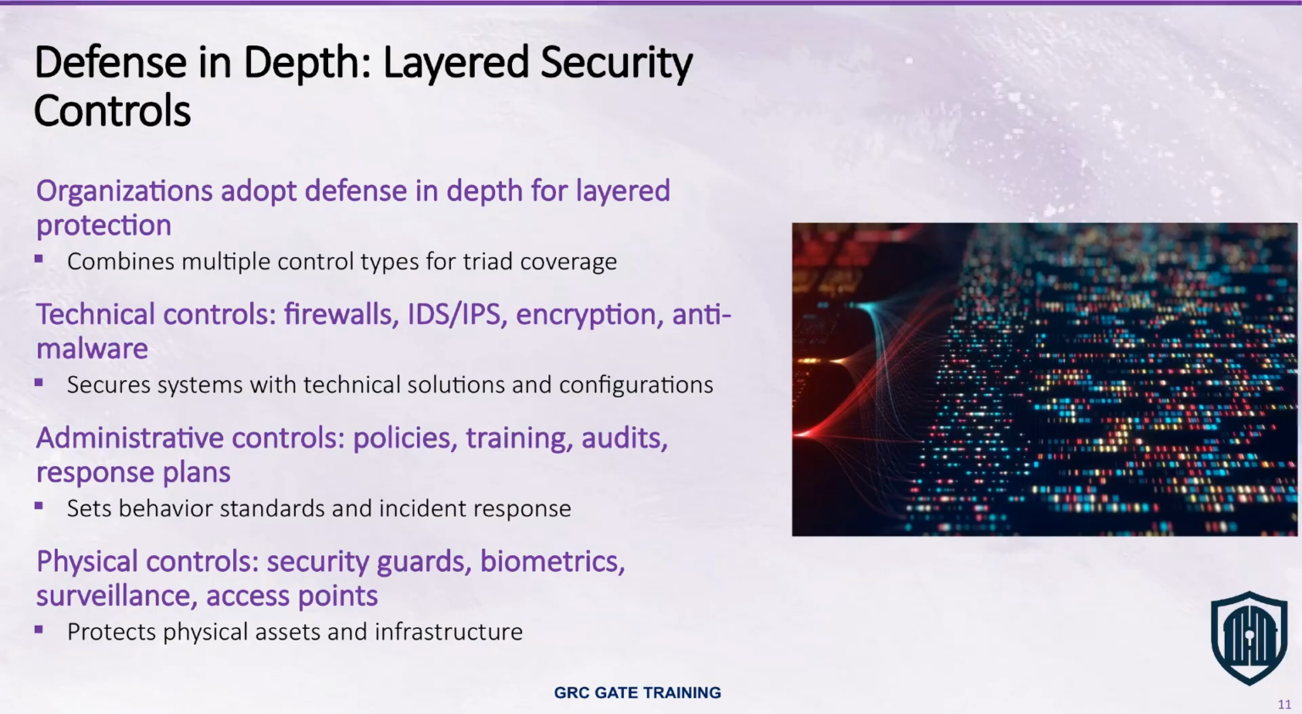Administrative controls consist of security policies, staff training, background checks, incident response planning, and regular audits. Physical controls protect the actual hardware and infrastructure using measures such as security guards, biometric scanners, surveillance systems, and secure access points. By integrating these controls, organizations can detect, prevent, and respond to a diverse range of threats targeting confidentiality,